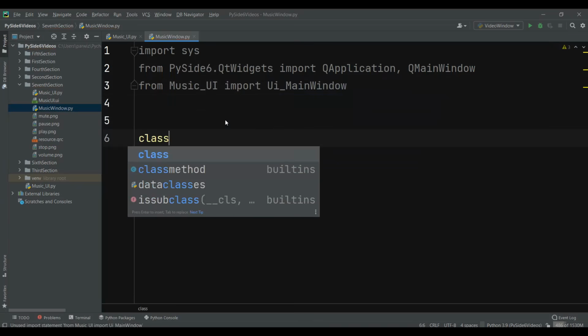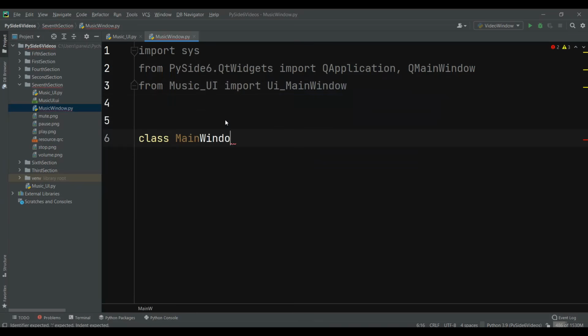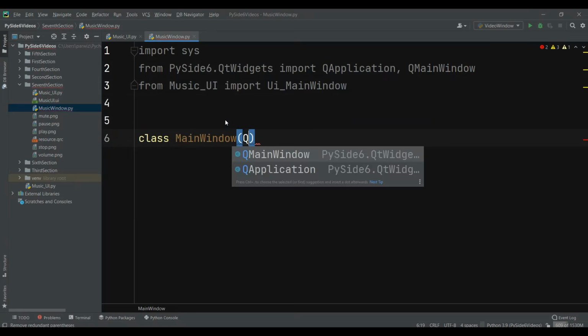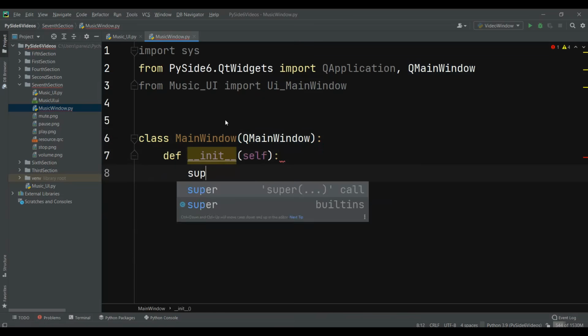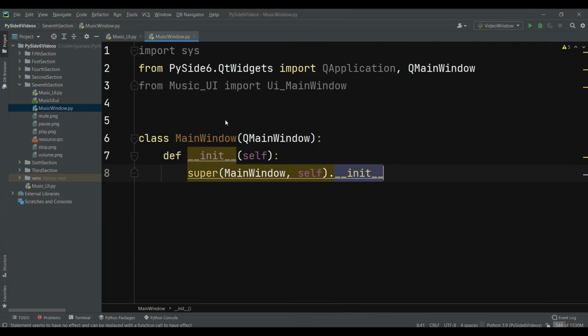Okay, so now we can create our main window in here, and we can just say QMainWindow, and after that def init super. You don't need to add this in here. Okay, super.init, and